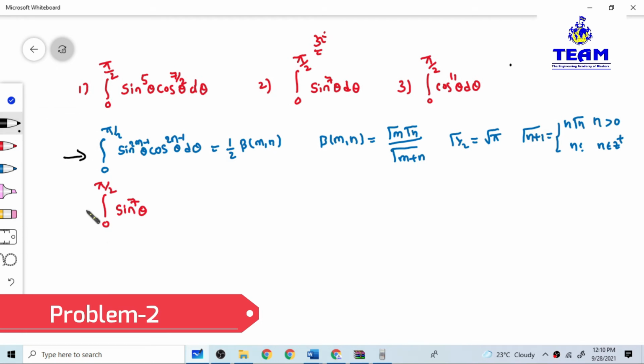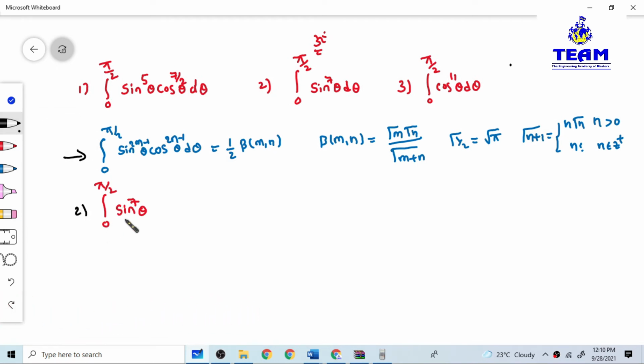Friends, second problem we have integral 0 to pi by 2 sin to the power of 7 theta into d theta. But here you have a sin term only. We don't have a cos term. So can I write this as cos to the power of 0 theta d theta? Yes or no? If we write cos power 0, what will happen? 1 only. So in the given problem and this problem, there is no change. For what purpose are we writing the cos term? Just for comparison with the formula only. Okay. Now you compare both sides. Then what you can say, sin power we have 2m minus 1. So write down 2m minus 1 is equal to, here you have a 7.